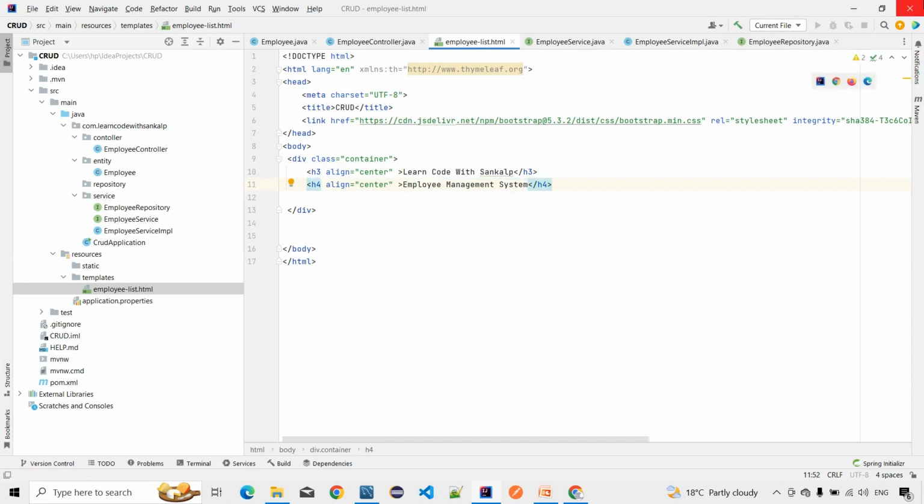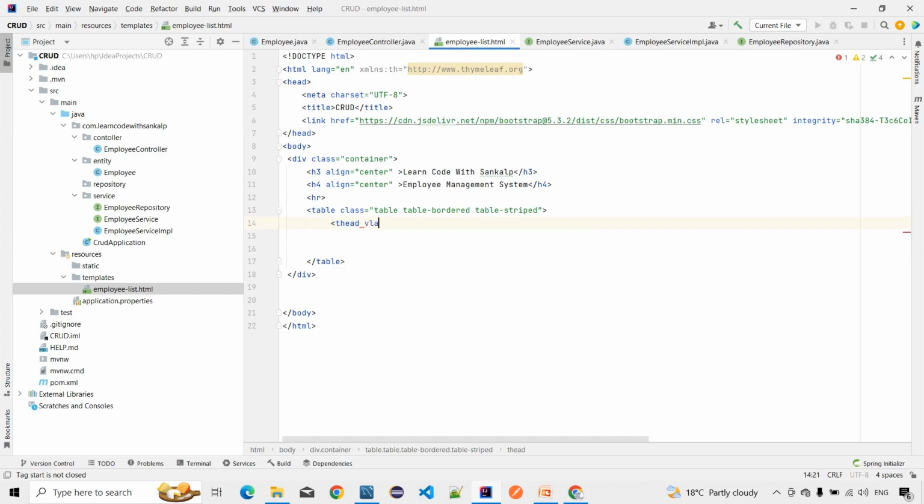Then we have to create one table. Then we give some line break here, and then we get the table. So we can write the table giving the Bootstrap classes like table, bordered, table, striped, and then we close this table. Inside the table heading section we have to pass the table head,